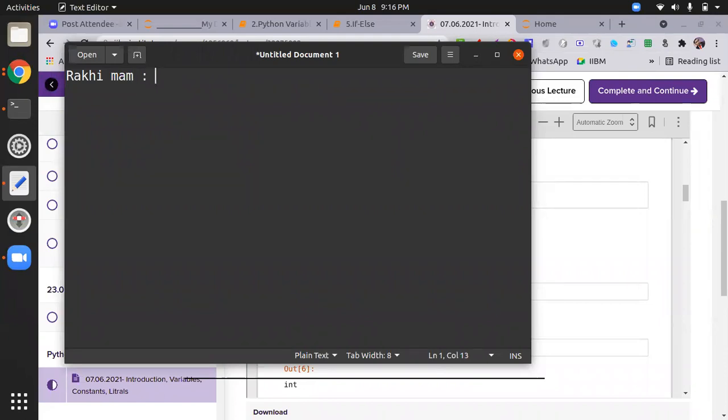Rakhi ma'am, please do WhatsApp first. Please do not direct call, so any issue is not going to resolve. This lady is very responsible and owns the responsibility.